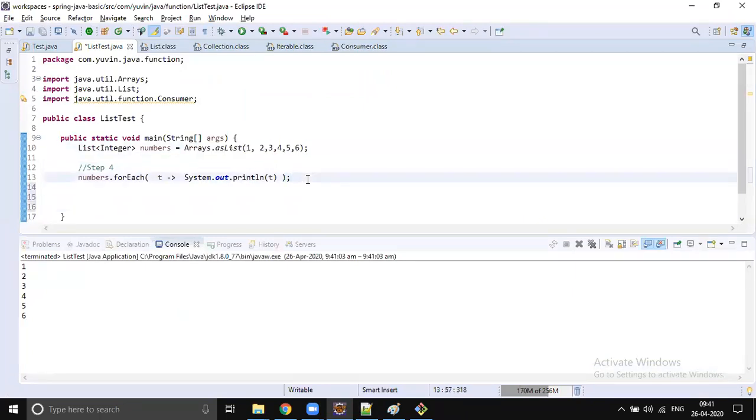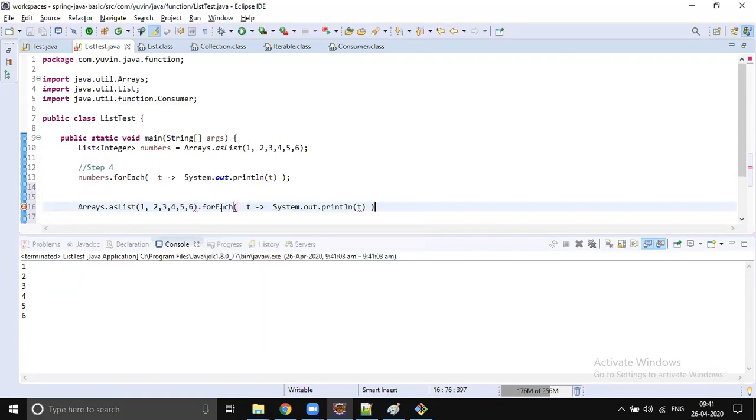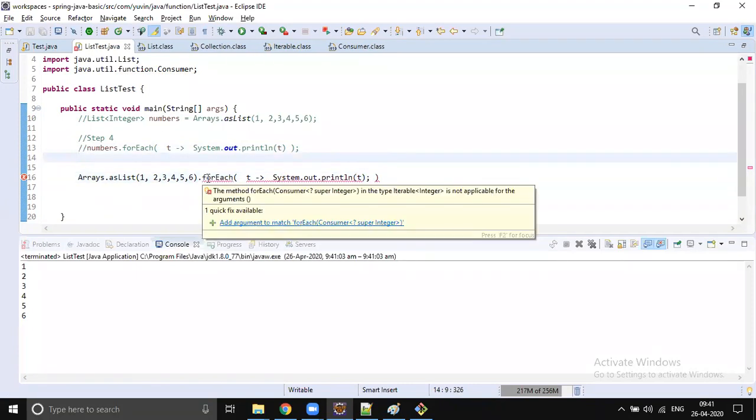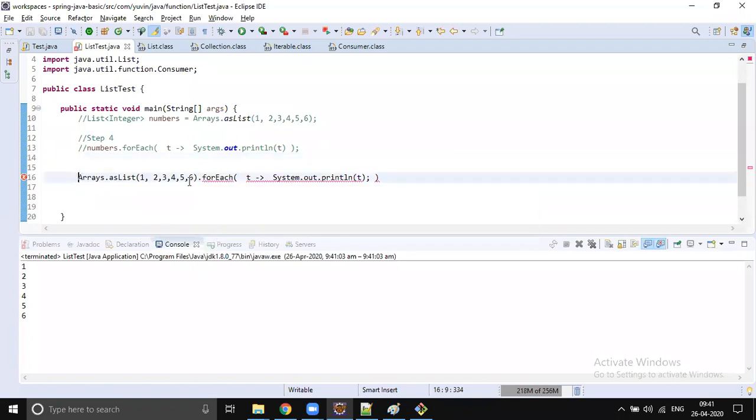A more significant way of doing these things is something like this. Again, the assignment and calling is not required. Let's change the flow. Now creating a list and calling forEach also becomes a single line. I have to add a semicolon. Array list as list, and calling forEach.